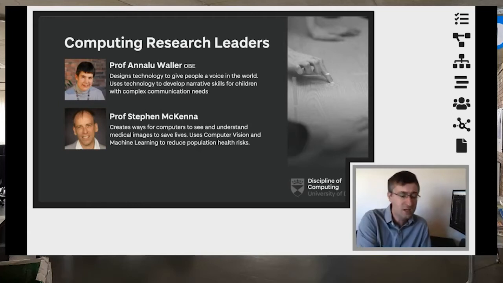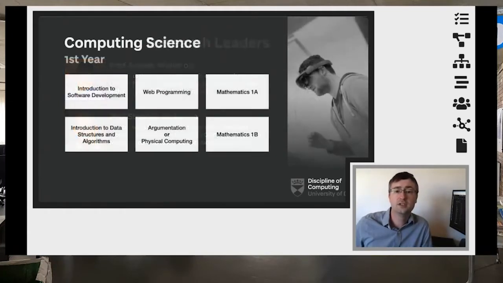Our main degree, and one that we really focus on, is our degree in computing science. Every single degree that we do focuses on having 6 subjects that you do each year. You do 3 of these subjects in semester 1, which runs from September through to December, and 3 of these subjects in semester 2, which runs from January through until early May.